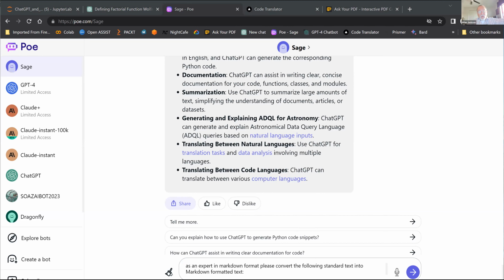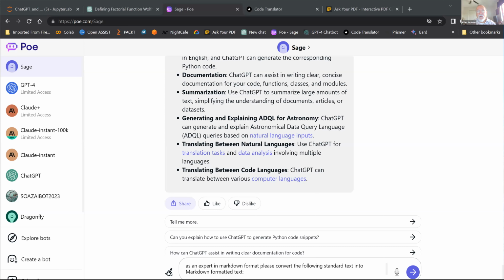You don't have to use Poe necessarily, but we found that it's pretty good. You can also use the Bing chatbot that's available from Microsoft. Bing, surprisingly enough, has the same model in it that's in ChatGPT 4, the GPT-4 model on the OpenAI website, which I'll show a little bit later.